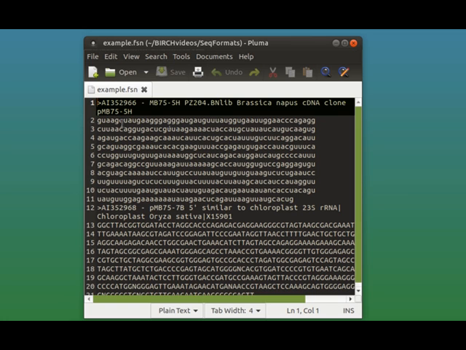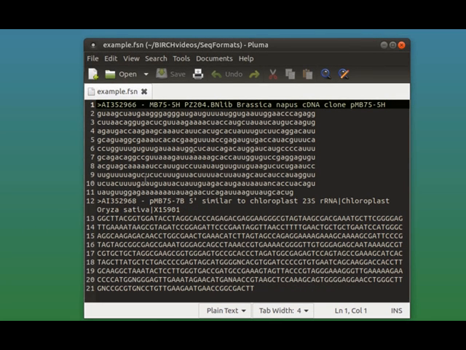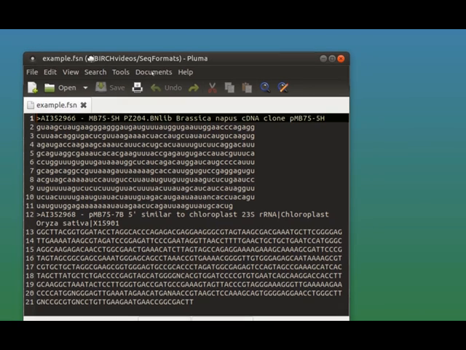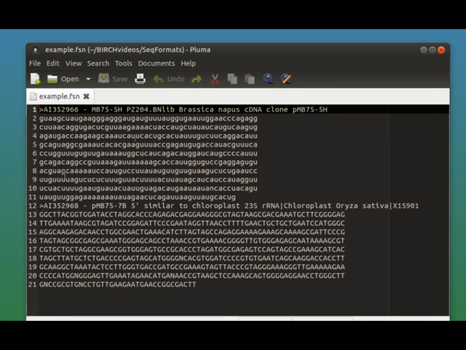So here's a Fasta file, the one we were just looking at actually, in a text editor. I'm just going to make this wider so that the lines don't wrap. I guess I'm going to have to make this pretty wide so that the lines don't wrap. There we go. Sometimes you'll get that in text editors. The line is long and it wraps around to what looks like the next line, but really it's all one